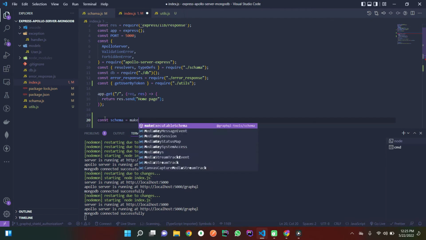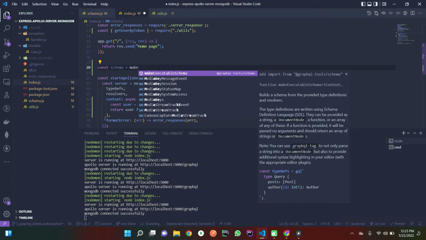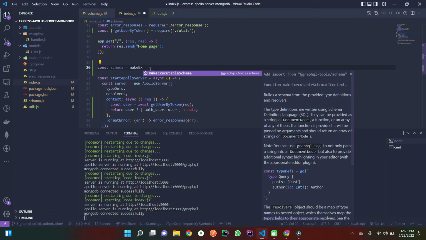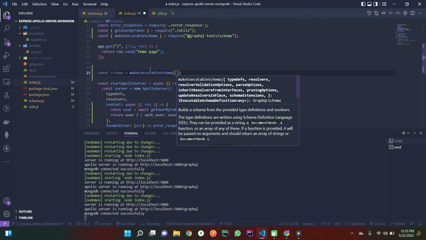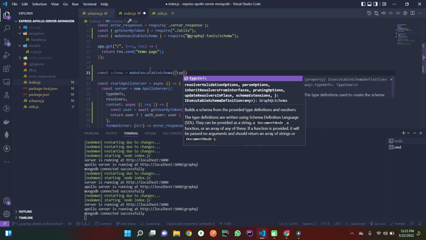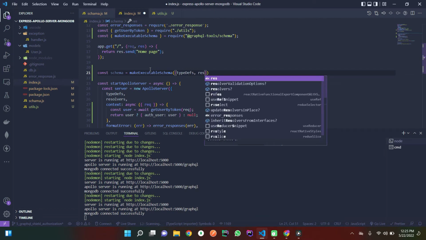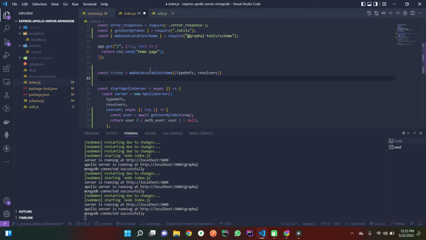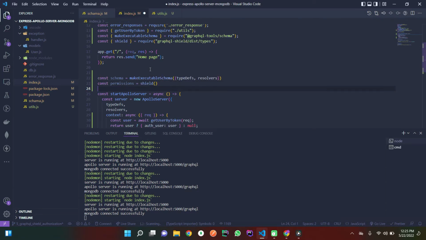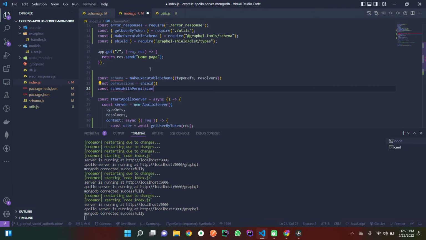Here we are going to make some changes in the start Apollo server function: makeExecutableSchema, and here we are going to put two things, typeDefs and resolvers, and we are going to create the permissions shield, const schema with permissions,